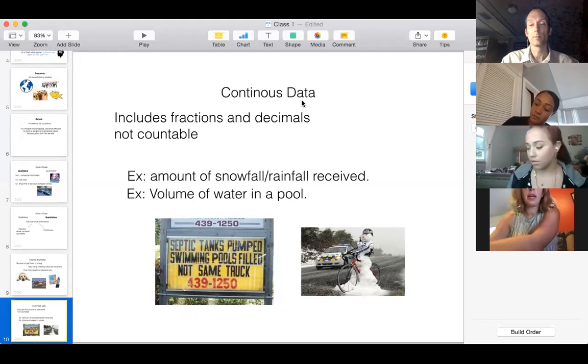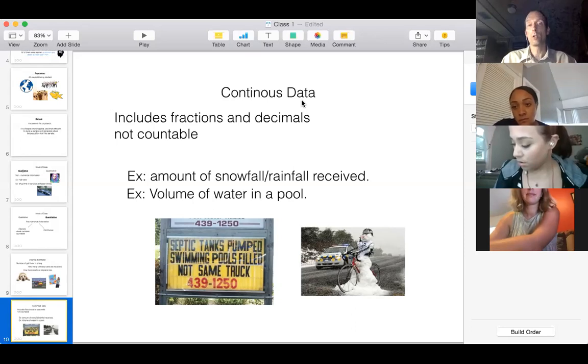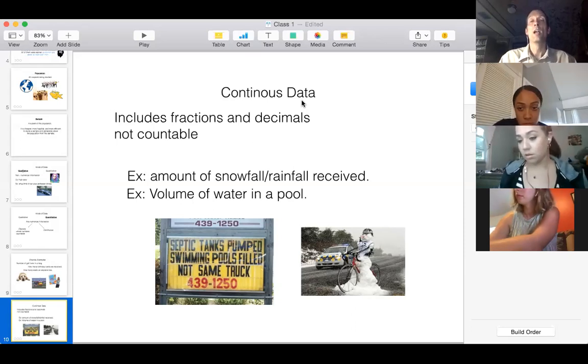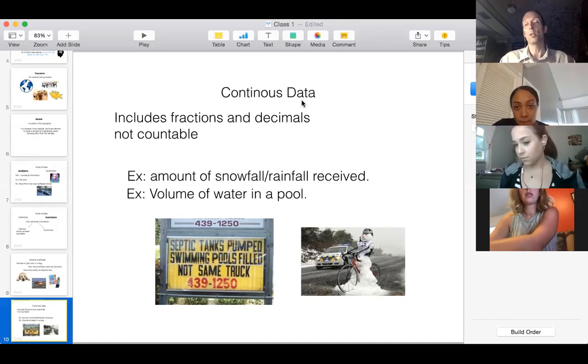The lifetime in hours of 12 flashlight batteries. If you're thinking about how long the flashlight is going to last, can it last for 12 hours, 12.1 hours, 12.2 hours? Yes. Can you count the hours as you're holding the flashlight and shining it around? Not very well, not like counting gumballs. So your immediate factor is going to be, I can get a decimal on it, so it's going to make it continuous. Okay, the number of DVDs rented each day by a video store, you said? Discrete.